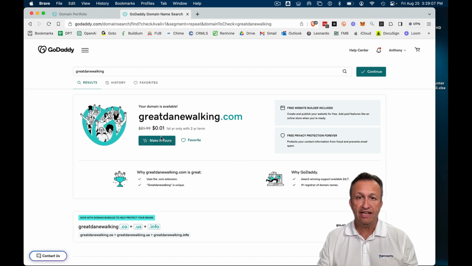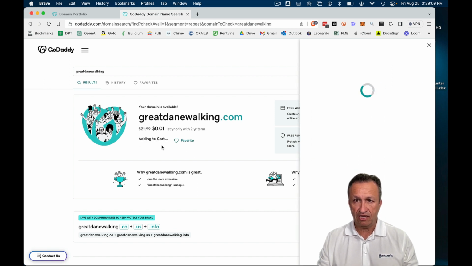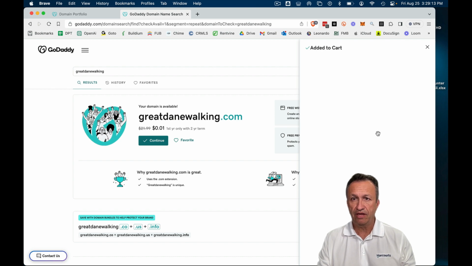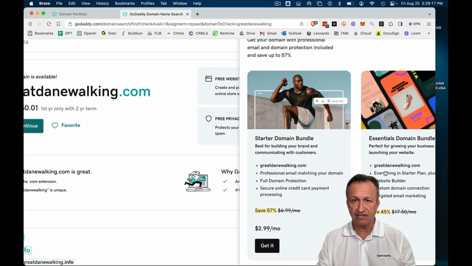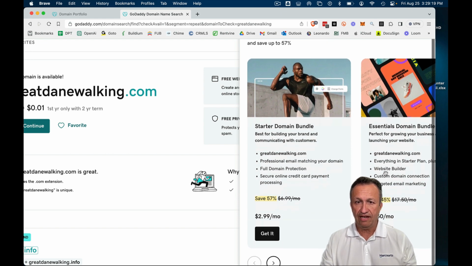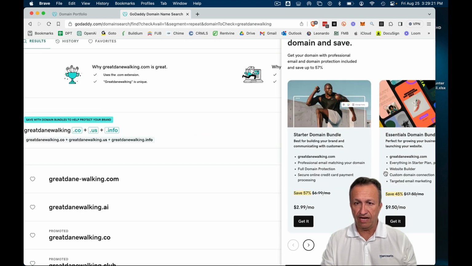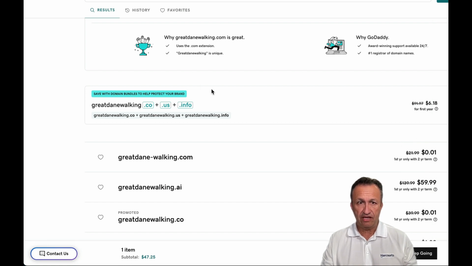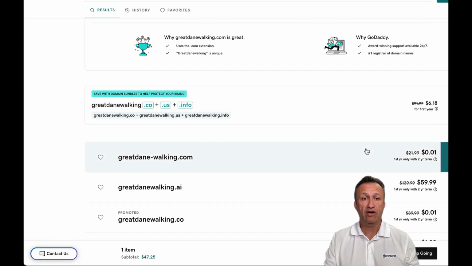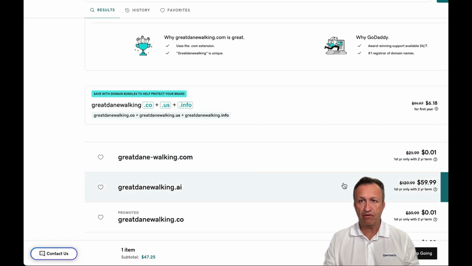When you do that, and I'm actually logged in the account, there's a few things that you really want to pay attention to. It's going to try to upsell you a lot of stuff. A lot of these things you really don't need. But I'm going to go ahead and go forward, say no thanks. And then it's going to say you want to get additional GreatDaneWalking.com, GreatDaneWalking.ai, and you can see it goes up pretty significantly. So if I go ahead and continue,